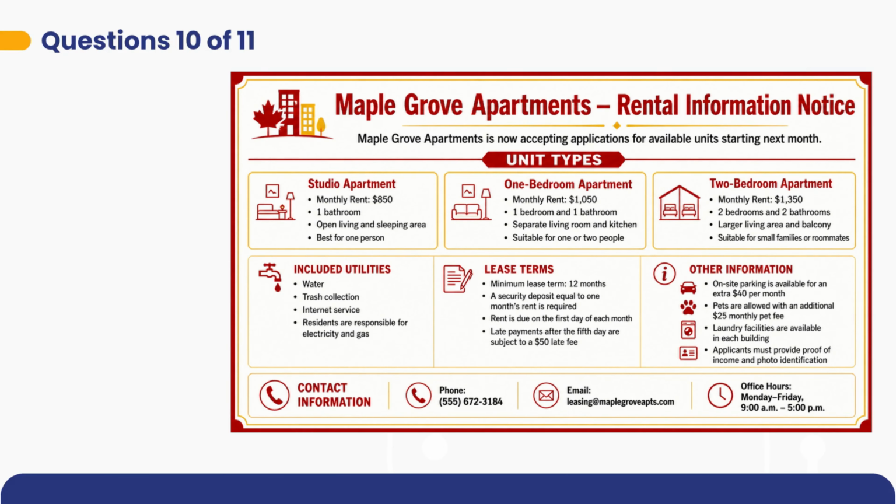That works. I'm planning to move in next month. What types of units are available, and how much is the monthly rent for each one? Begin preparing now. Begin speaking now. There are 3 types of units available: A studio apartment costs $850 per month and includes one bathroom with an open living and sleeping area. A one-bedroom apartment costs $1,050 per month and has one bedroom, one bathroom, and a separate living room and kitchen. A two-bedroom apartment costs $1,350 per month and includes two bedrooms, two bathrooms, and a larger living area and a